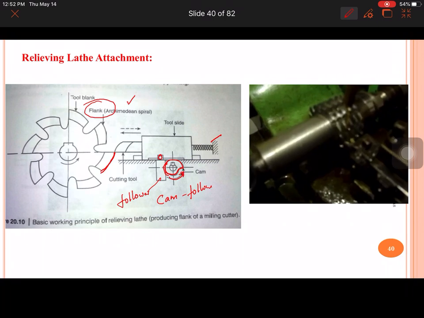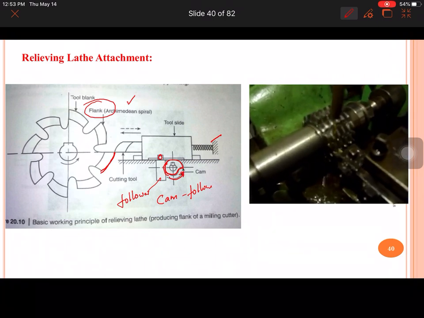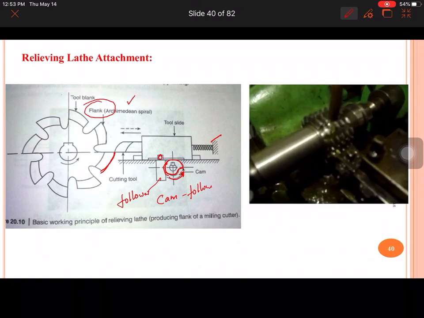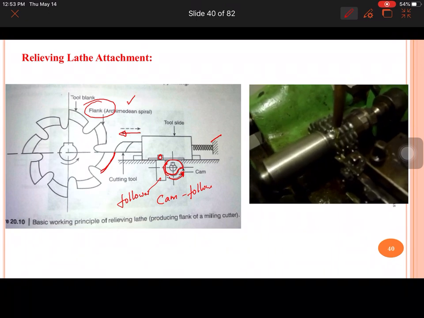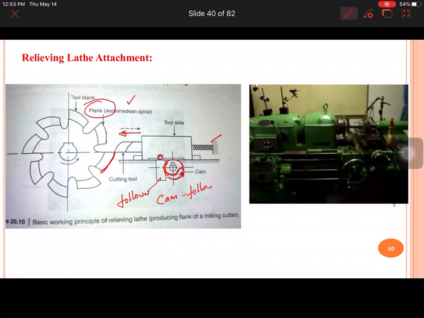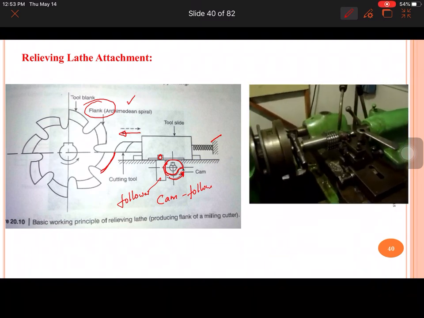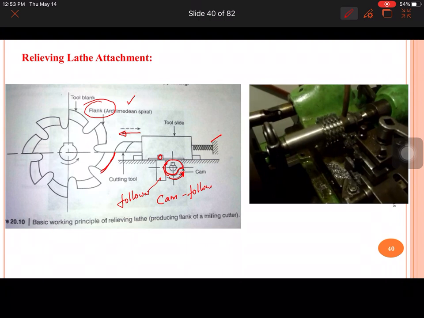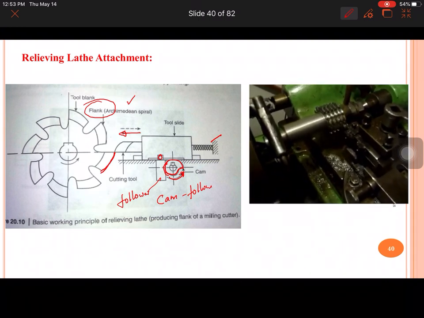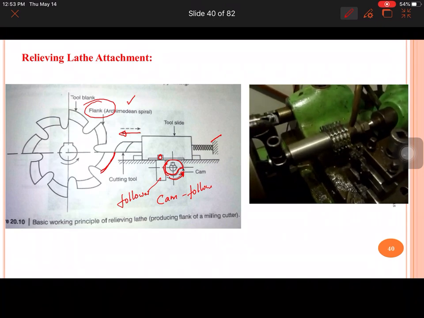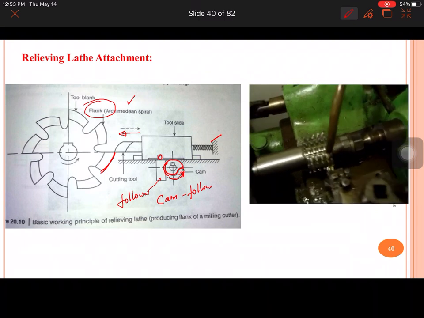When this cam is rotating in the anti-clockwise direction, the profile, that is the shape of the cam, will decide the movement of the follower, that is this cross feed movement. Okay, what it means is we need to move the cutting tool in the cross feed direction in a particular fashion. That means at a particular angular movement of the work part, we need to move delta x distance in the cross feed direction.